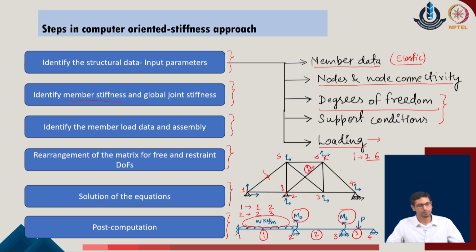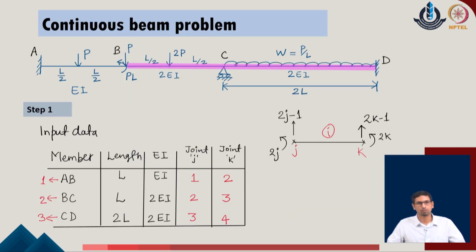So, these are the basic steps which we will look at, and now we will move ahead with one simplified problem which we have identified here. This is a beam which is subjected to some kind of load. We have highlighted a different color on the given system, which identifies that the span B to D is provided with a different flexural rigidity, whereas span A to B has a flexural rigidity of the value EI.